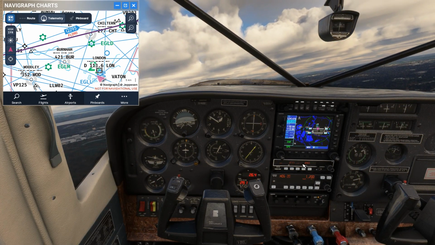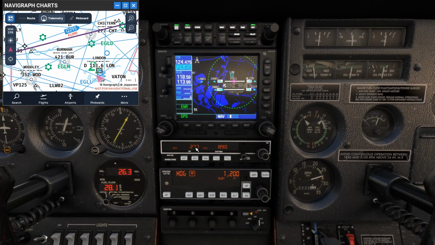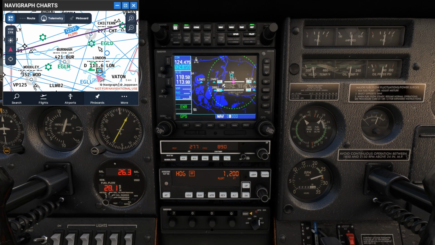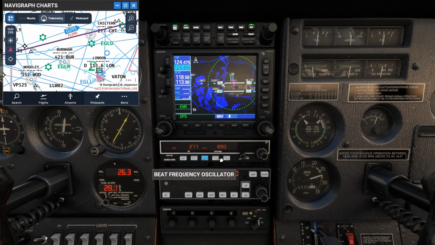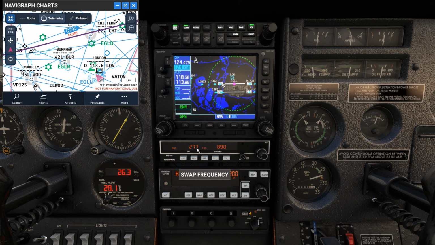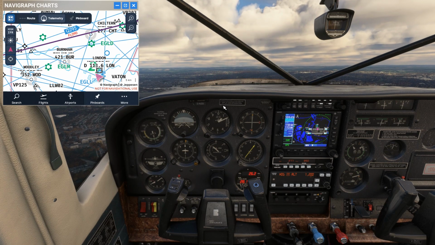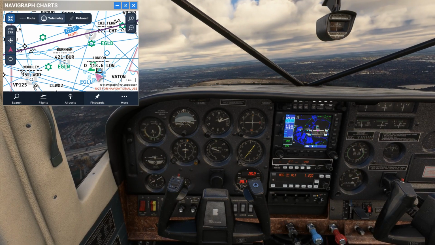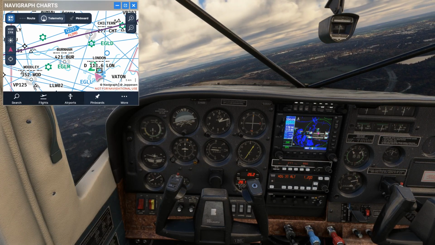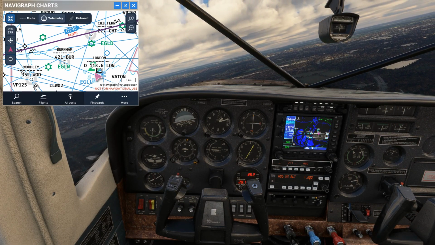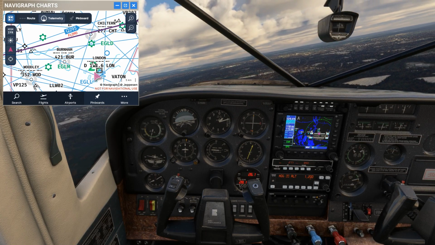And that's it. Basically, that is how you would navigate towards NDBs. You'll input the frequency, so it's 277 as you can see here. Make it active by swapping the frequency, and then you'll be heading straight towards it. So let me just bank a little bit more to the right there. So we're heading straight towards it, and as you can see on the map from Navigraph charts here,